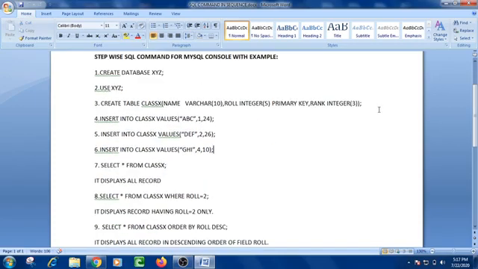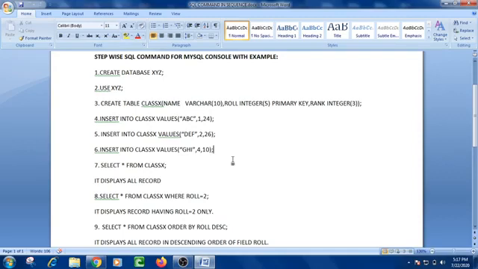Now after doing this, I have to see the table. I want to see the table and its records. For this purpose I will use the command select with the asterisk sign. Asterisk sign means all records. What does it mean?